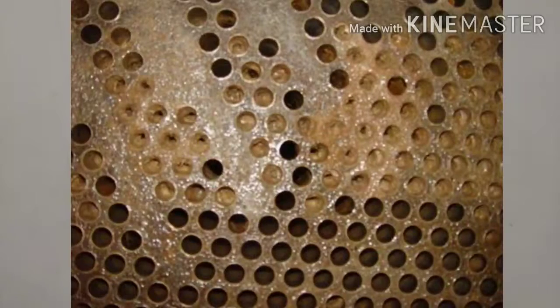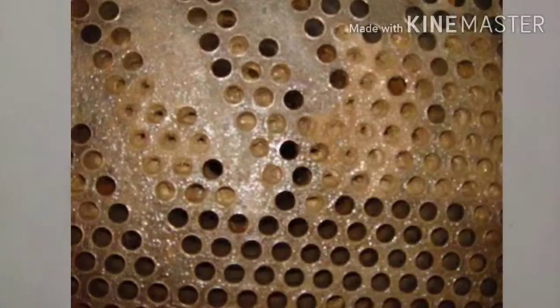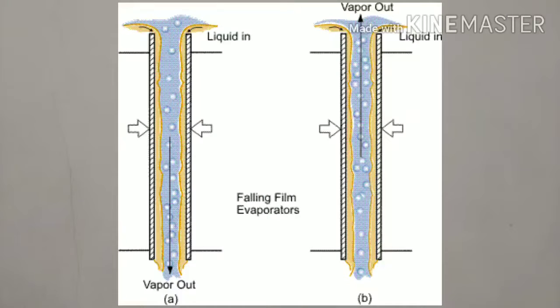Scale plays a very crucial role by offering maximum resistance to the flow of heat transfer. During the running of the evaporator, the thickness of scale inside the tubes goes on increasing and thereby contributes to the resistance to flow of heat. This causes the lowering of the rate of evaporation and finally leads to the lowering of brix of syrup.